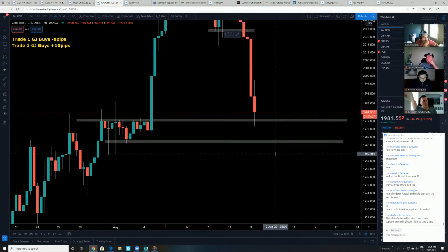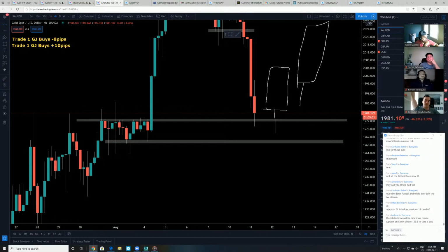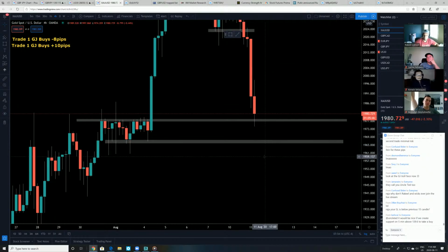I would really want to see a hard rejection, like I said, a drive up, and then the next candle do the same thing, drive up again, and then take a trade above the previous bullish candle at that point. I wouldn't, because when gold trends